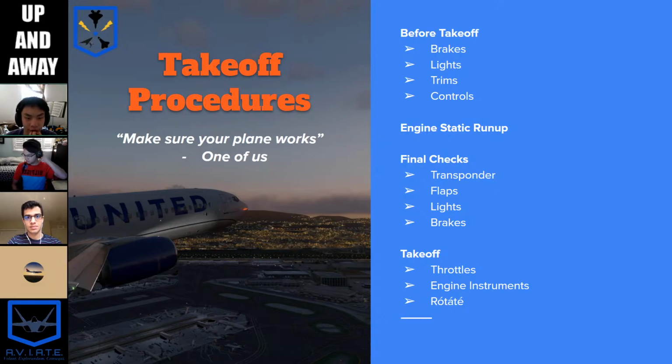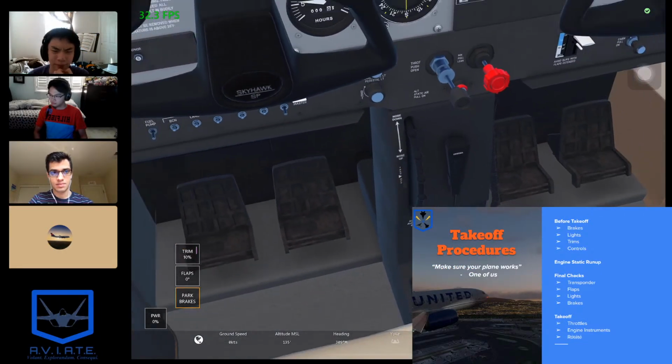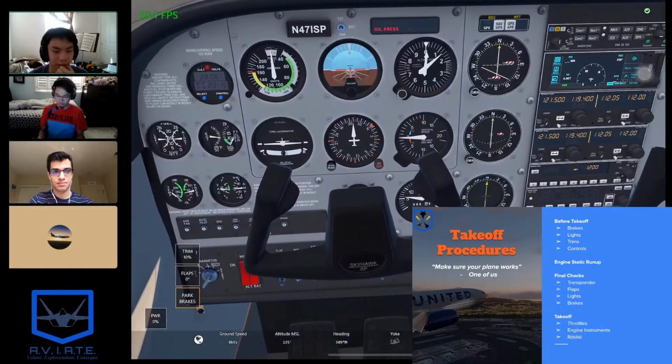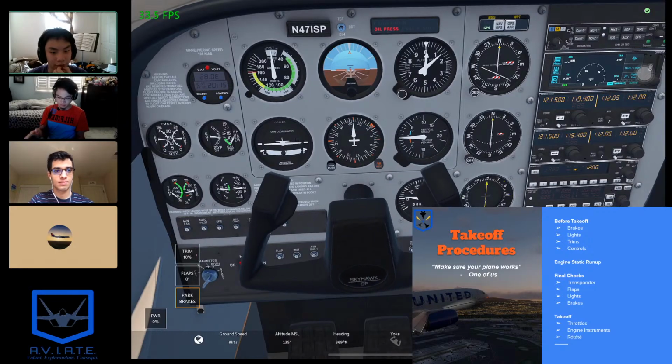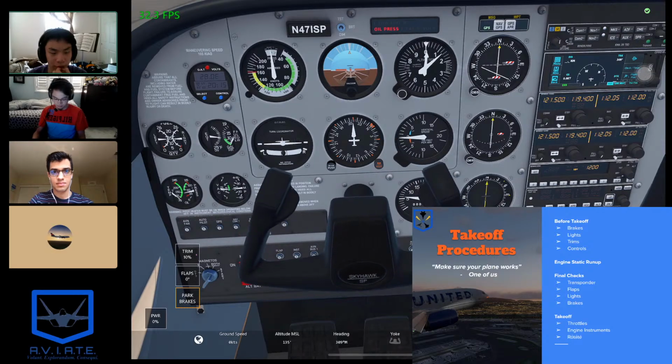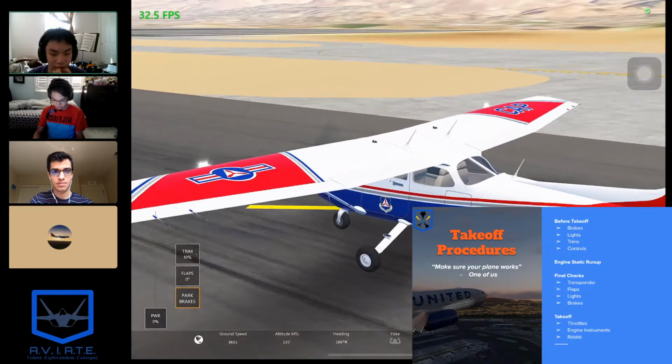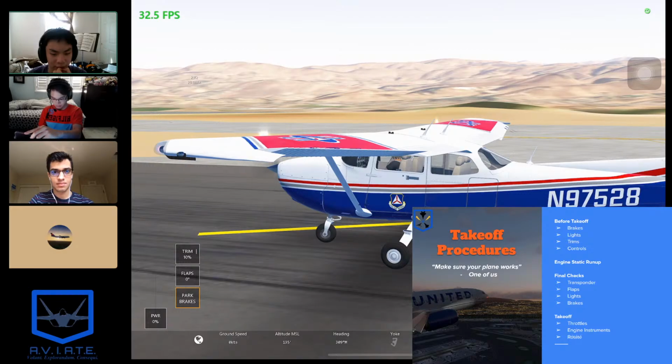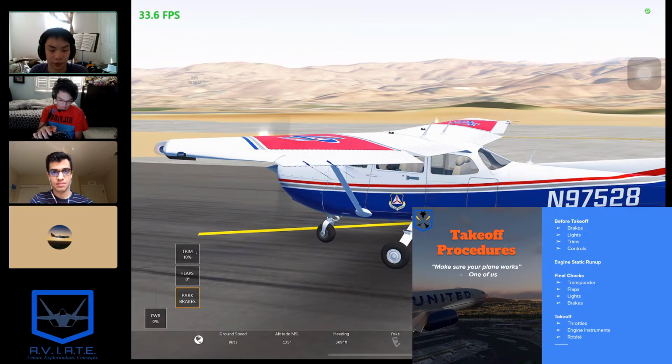And then you have to check your controls. So what you do is you hit the yoke and you put it full right. And then make sure that the ailerons are moving in the right way. So I think when you move it full left, you should see the left one move down and the right one move up. And then when you move it full right, you should see the left aileron move up and then the right